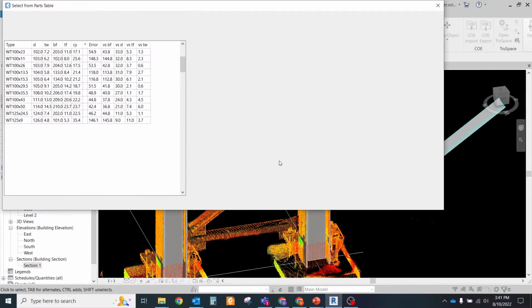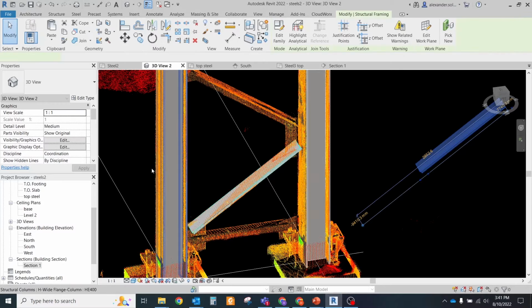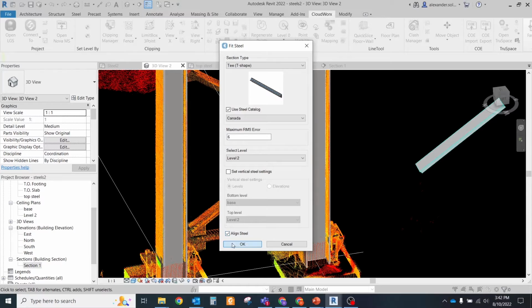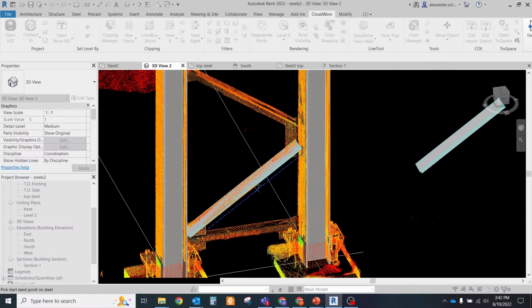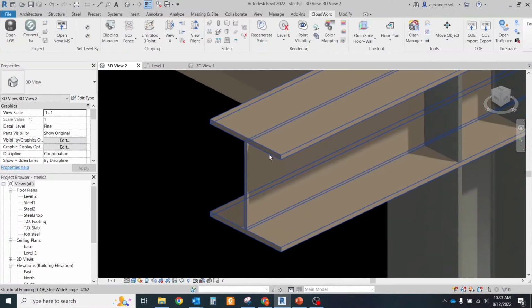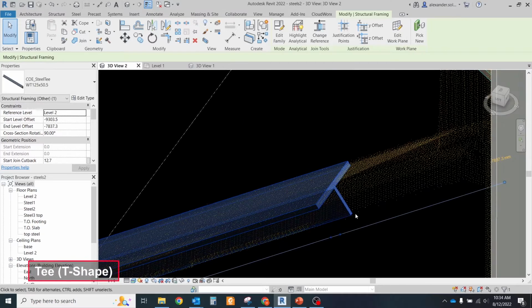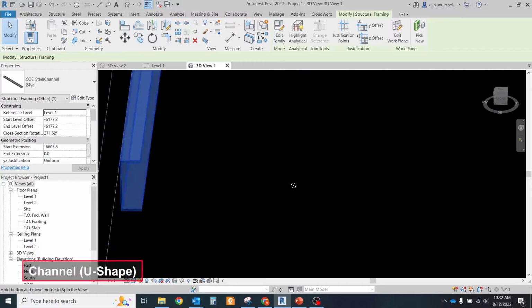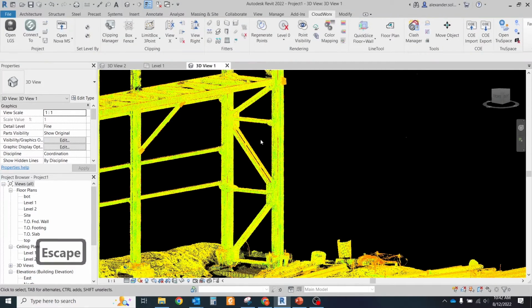When you don't know the right dimension of your steel or it has a lean position, you could use the Fit Steel tool, which is located on the CloudWorx Fitters toolbar. Let's have a look at what exactly steel elements are supported and how this tool works. At the moment, CloudWorx supports the below types of steel: I-beam, wide flange, T-shape, tubular rectangular tube, channel U-shape, and angle L-shape. To fit any of these elements into the point cloud, you should click the Fit Steel button